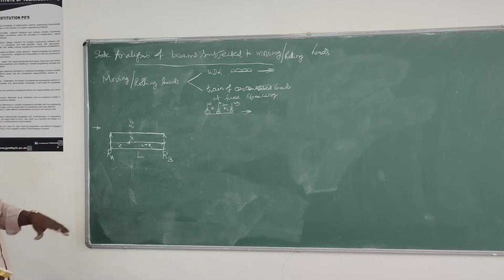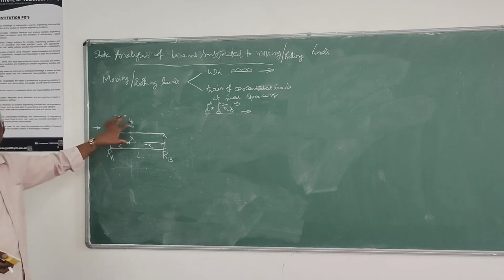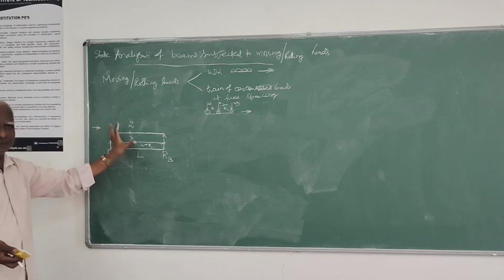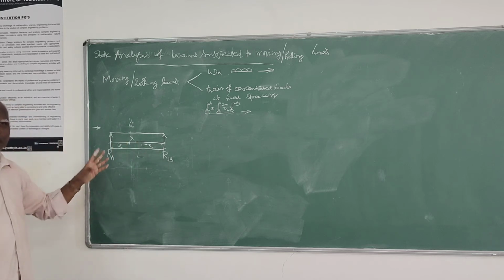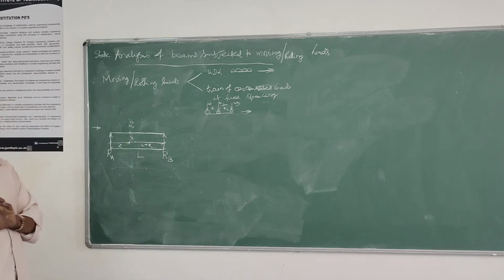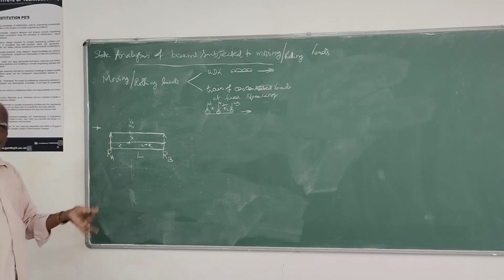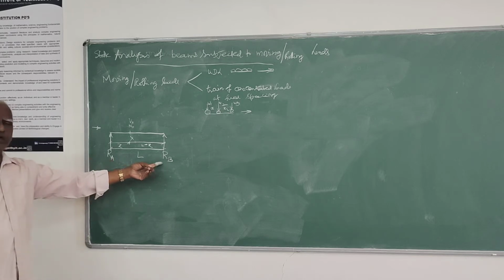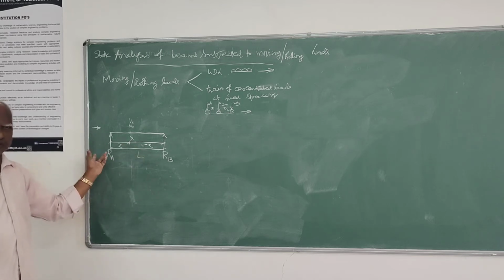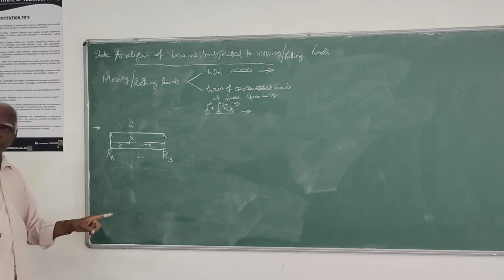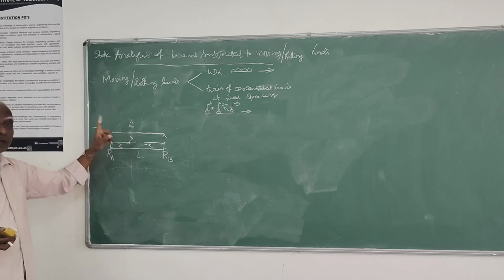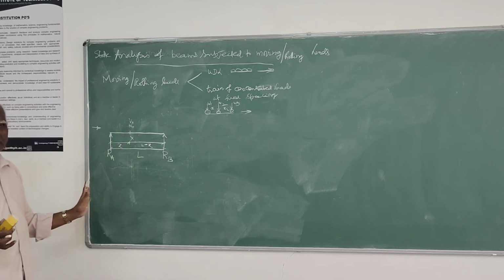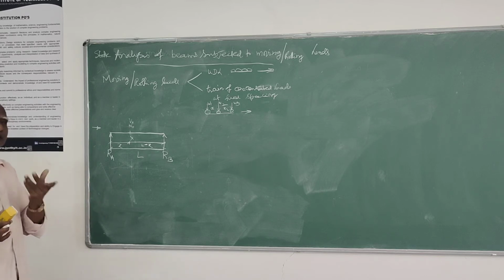Then the next thing you have to determine is the absolute maximum for the beam. That is, for the design of the beam, for this loading and for this span, what is the maximum value at any point? That's called the absolute maximum. One is the absolute maximum bending moment, the other is the absolute maximum shear. Of course, the absolute maximum shear position is known, it's only at the end support. But the absolute maximum bending moment is again near the center point, but which load has to be placed at that position and how it has to be placed, that you have to determine.